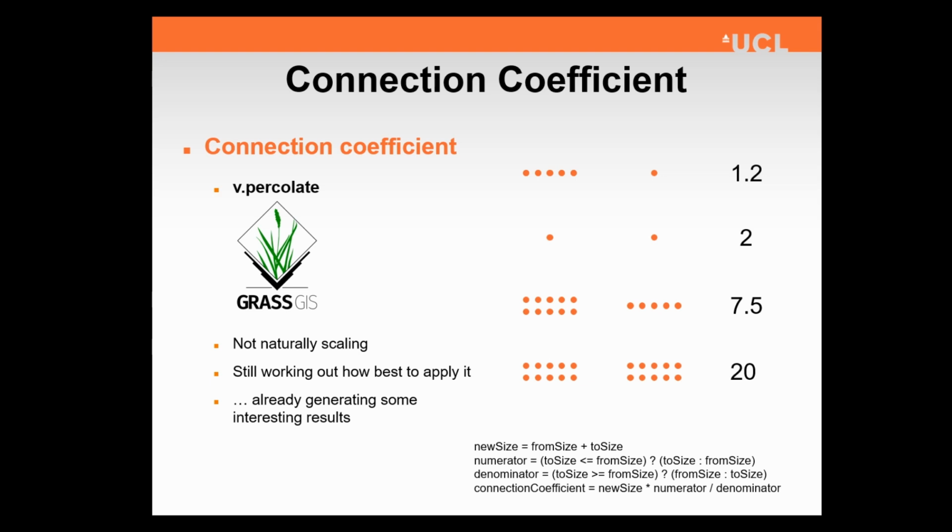So just to briefly summarize: two individual points, not particularly interesting. An individual point to a cluster, not particularly interesting. But if we've got two large sites coming together, then the points that link them together are potentially much more interesting. Now, just some points on that. It's very much a work in progress. It's not a naturally scaling parameter, and we're still working out how best to apply it, but it is generating